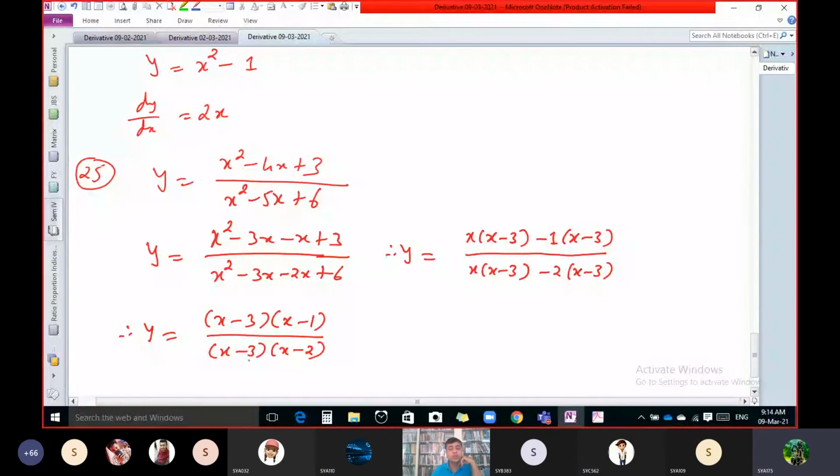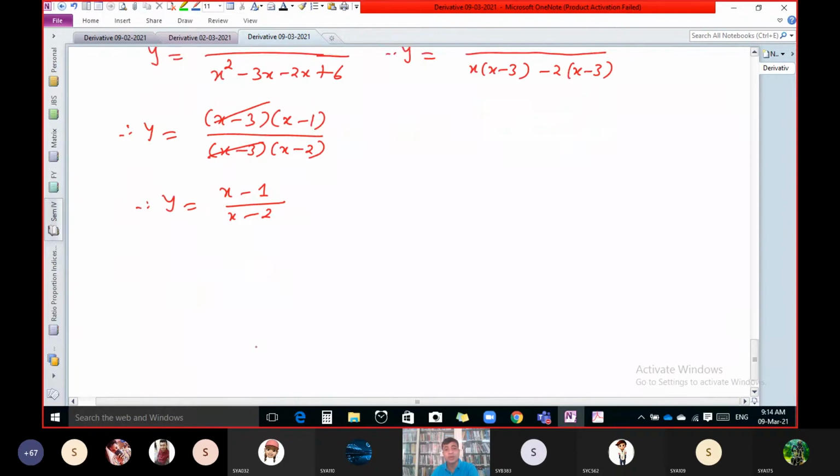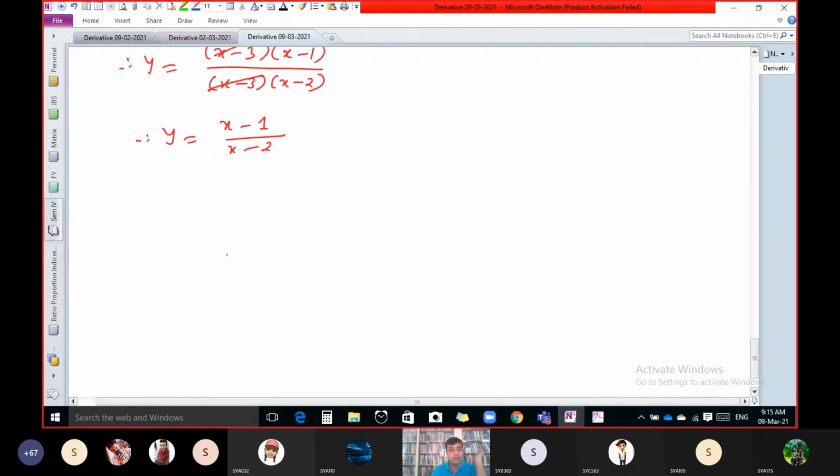Now, due to this, it is possible to cancel the common factor. So we get a more simplified form compared to the given question, so it's better to simplify. But by chance, if we do not get a common factor, then simplification is not better. In that case, you have to find the derivative directly. So you need to know whether there is a common factor or not. Okay, now dy by dx. Yes, tell me.